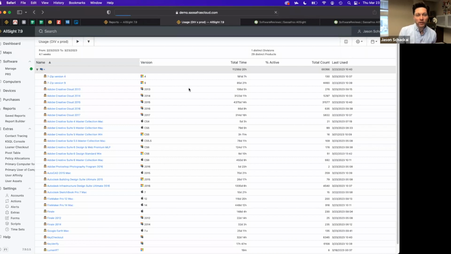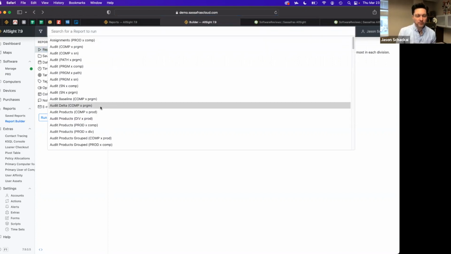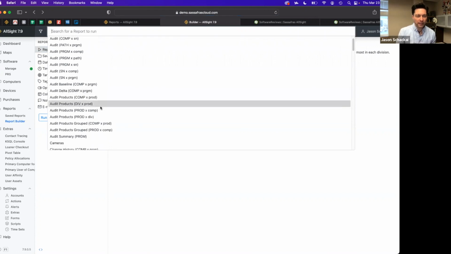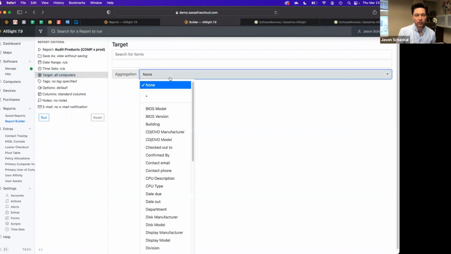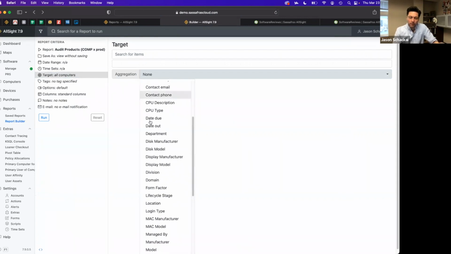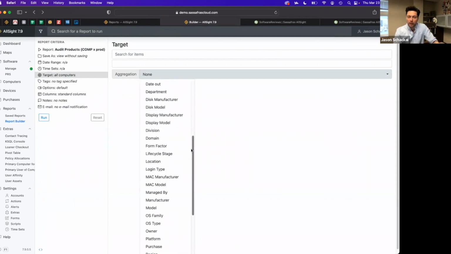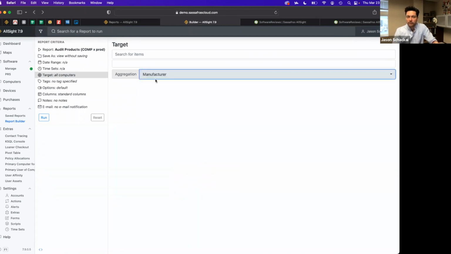Now, that's one type of aggregation, and it's sort of global aggregation. Everything in the report aggregated all at once. But if I choose a different report, and let's do one that has computer first, and we come down to target and we look at this aggregation list, now I'm getting a list of computer fields or computer columns. And if I make a selection here and run this report,